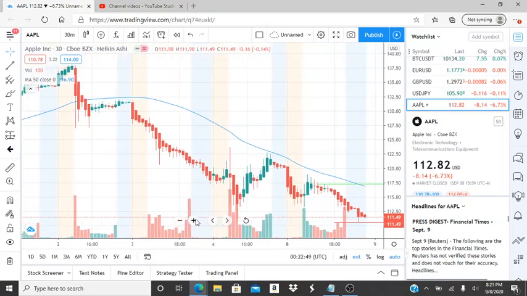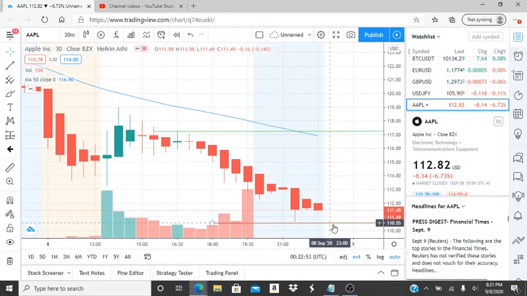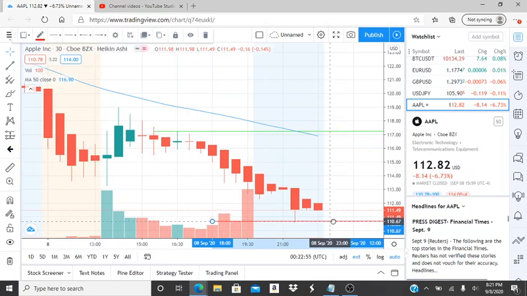So let's zoom in here and see what's important. So we have our resistance level and our support. This is the lowest point of the day and the lowest point this has reached after the split. It closed out at 111.49, but 110 is significant. 110.62, if that gets broken through, the bears are continuing to tear this down to newer lows and break through